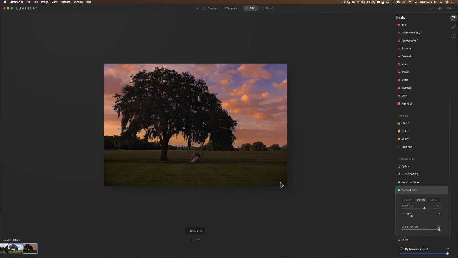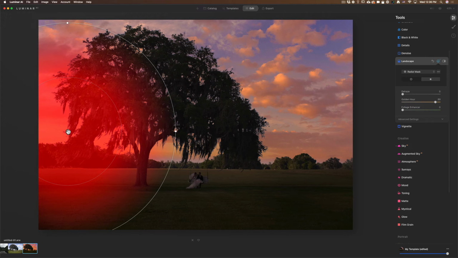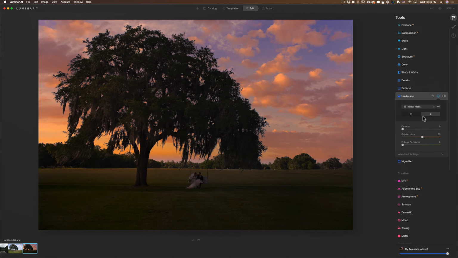But if I go here and I make a radial mask and I click and drag, okay, and I click here so it's only in the circle. You can see it's only in the circle. Let's see what it's going to look like. It's just going to make this part brighter. Yeah, why not? It's a little too much. I just wanted this part to be a little more yellow, maybe even here a little more yellow, something like that, okay? And then we can go also into